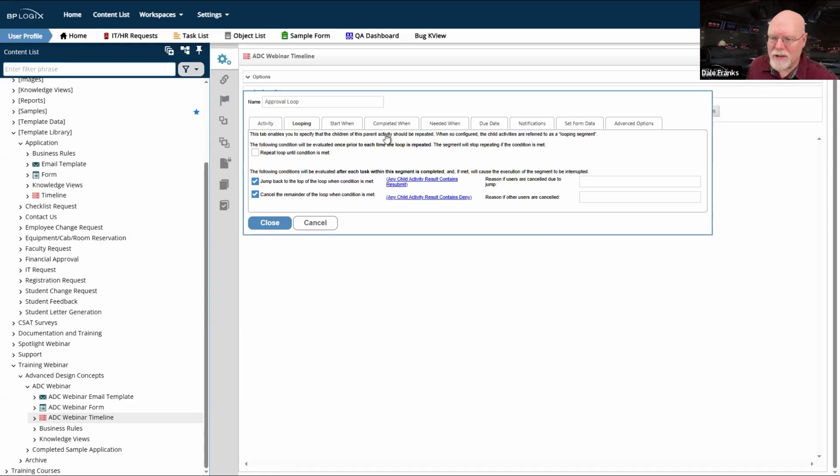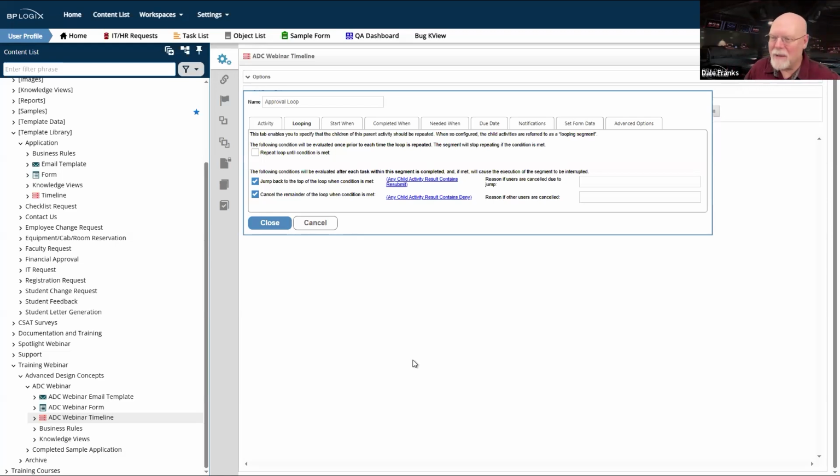Prior to the existence of the looping ability and the parent activity, we had to use the branch activity and do a whole bunch of checking after each activity. Do I skip the next activity or do I run it? It gets really tedious trying to build an approval loop where with every step you have to check whether the last step hit approved or deny or cancel.